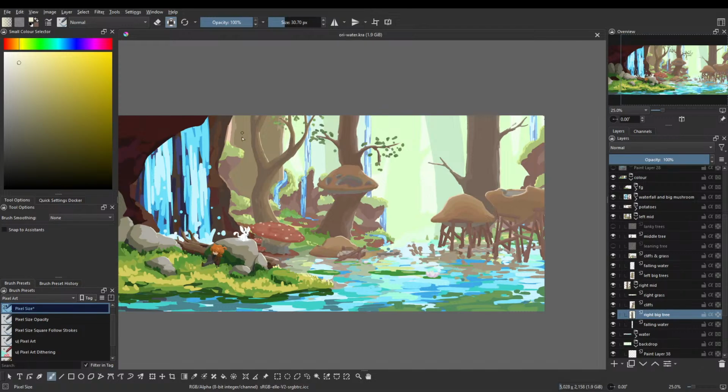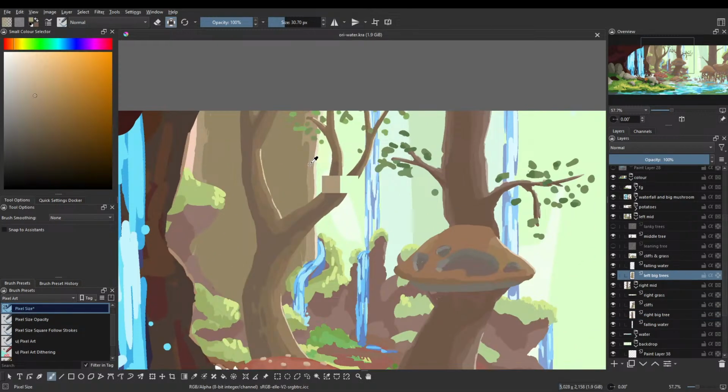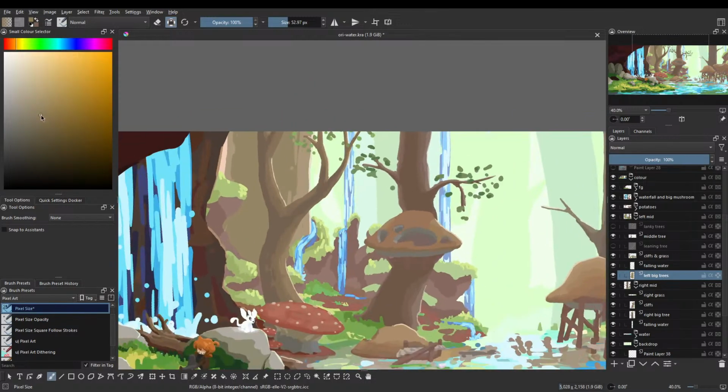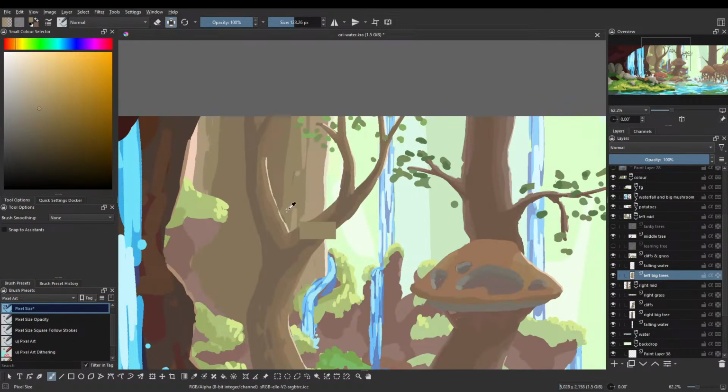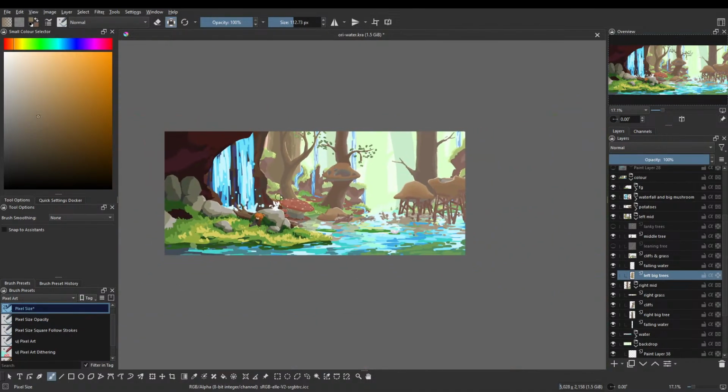Oh, there's one more tree here in the background. I completely forgot about that. We are going to also apply the same treatment to this, I think. Like, this is the highlighted bit, and then this is the darkened bit. Too dark, maybe, but yeah, that's more like it in terms of actual 3D-looking things.